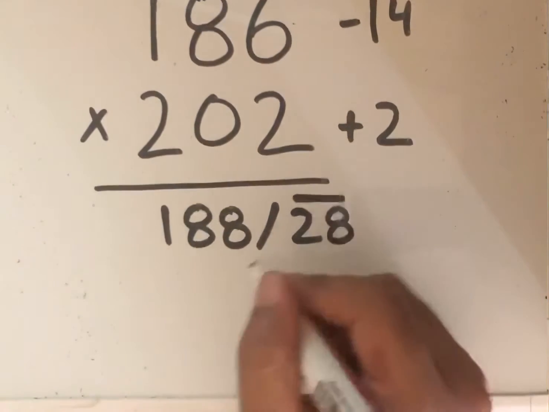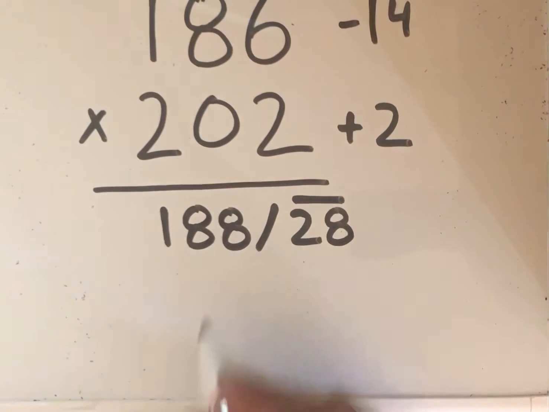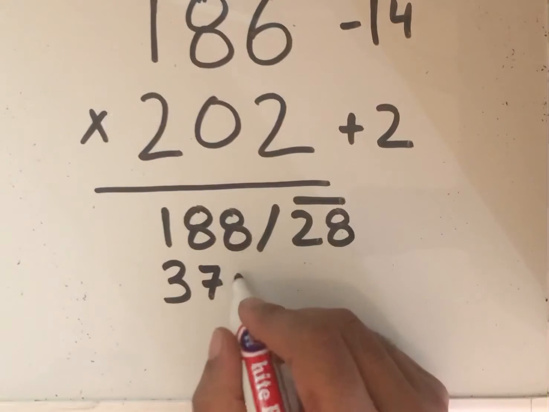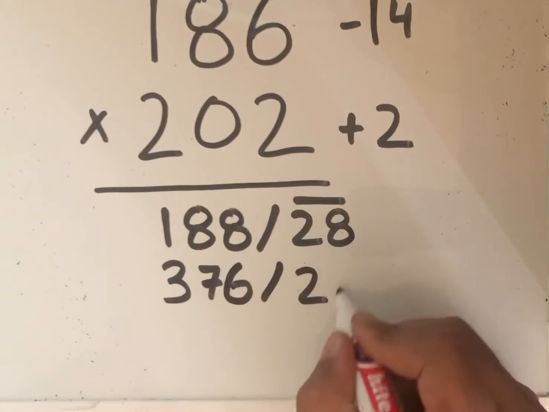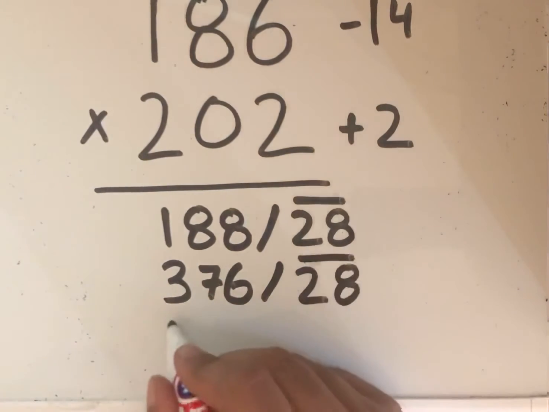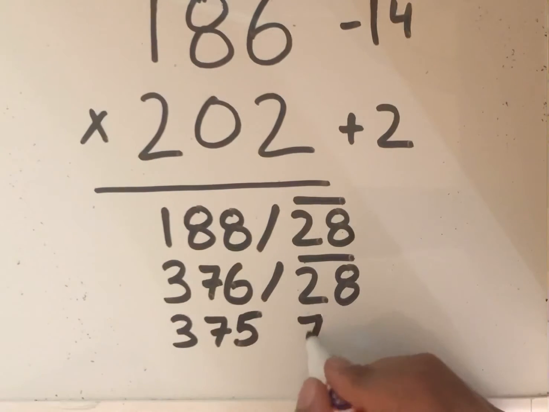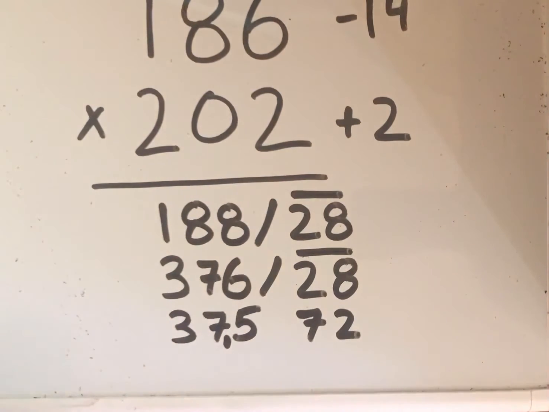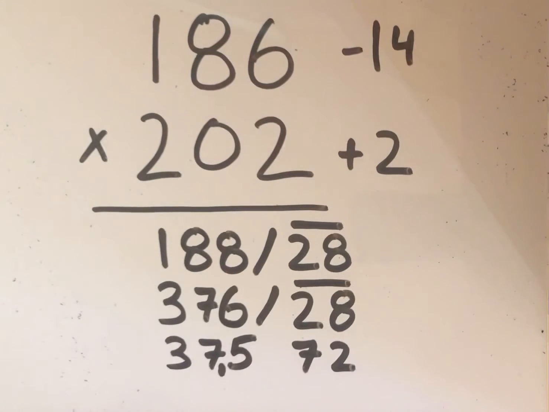Now, I need to double this part. So what's 188 plus 188? That's going to be 376. And then the 28 still stays there. So again, I'm going to use all from 9, last from 10, go down 100, up 100. So I get 7, 5. Then I make this add to 9, and I make this add to 10, this column. So final answer, 37,572. Okay? Let's go to our next example,